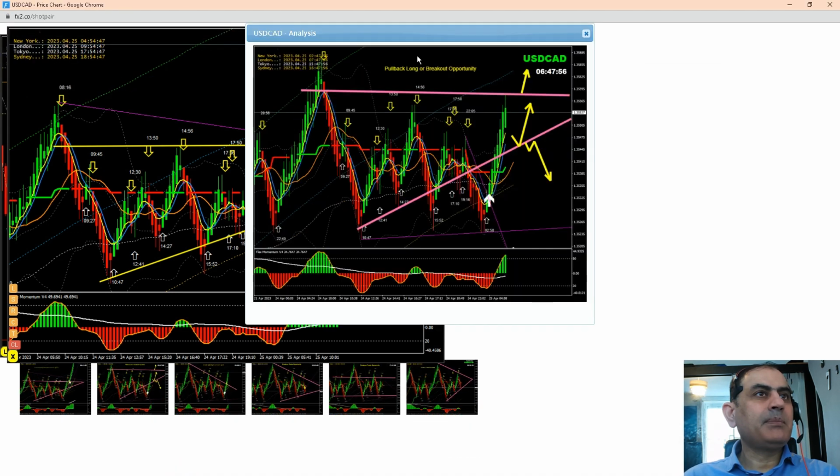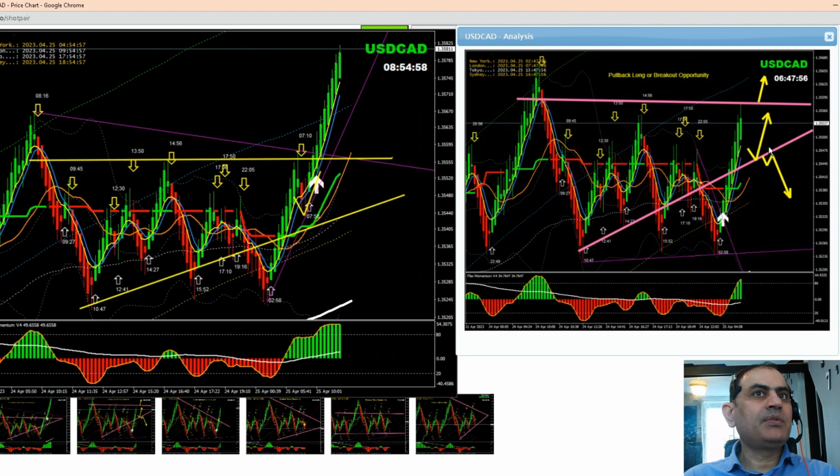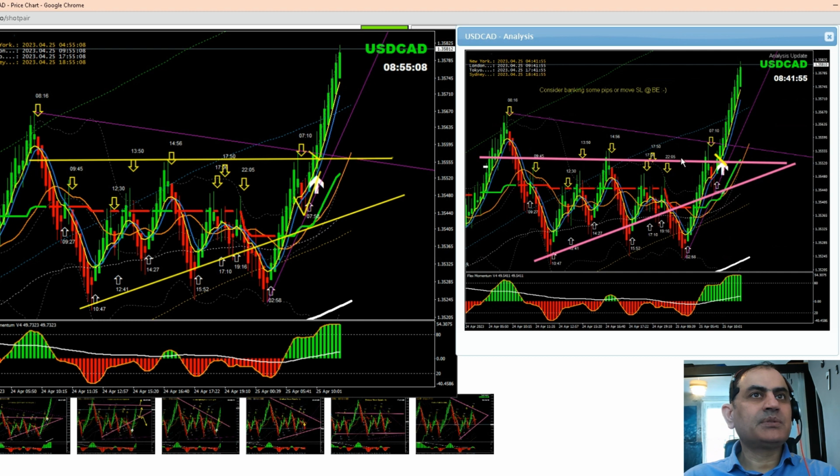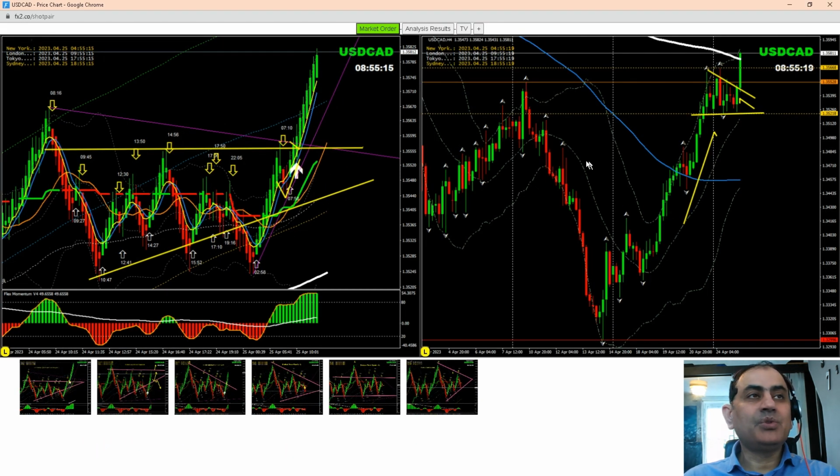So you can see, based on this analysis, pretty straightforward, looking for a pullback. That's this level, and you can see here the price nicely developed a pullback, even the price nicely broke, and after the breakout the price nicely hit the profit target. And now that's what I explained to my trader, it's time to enjoy some profit or move your stop loss to break even.